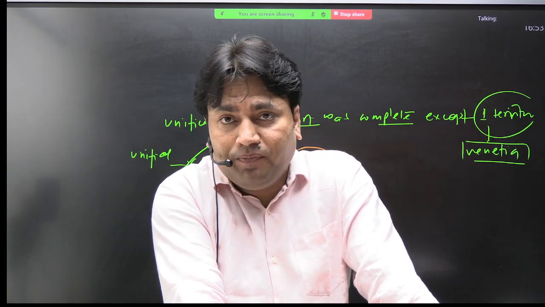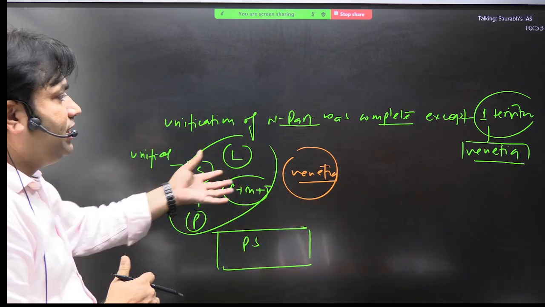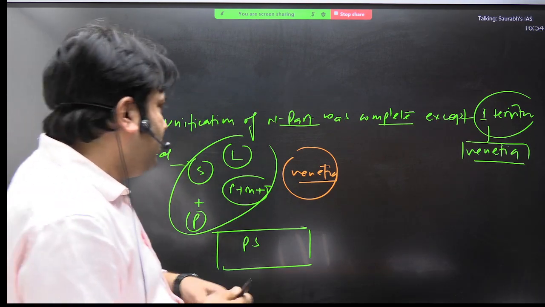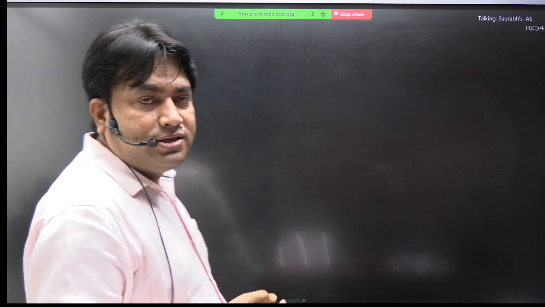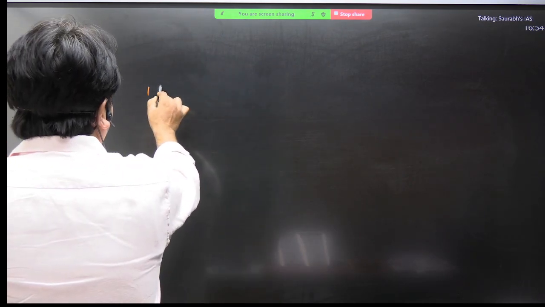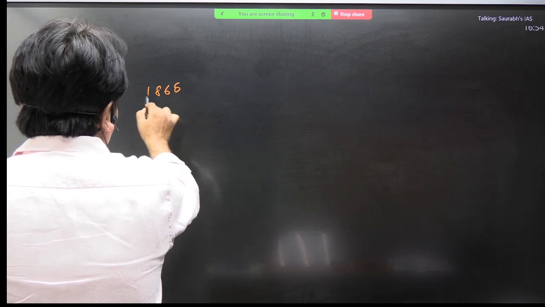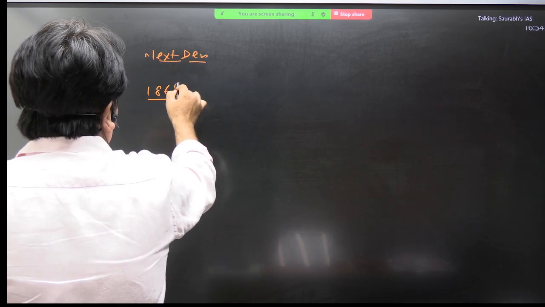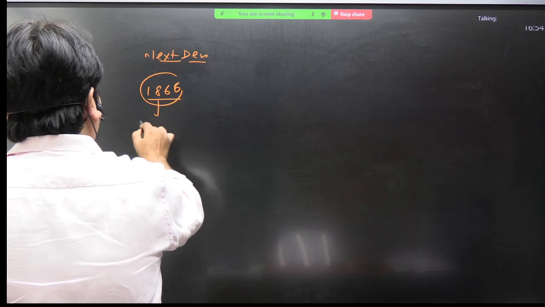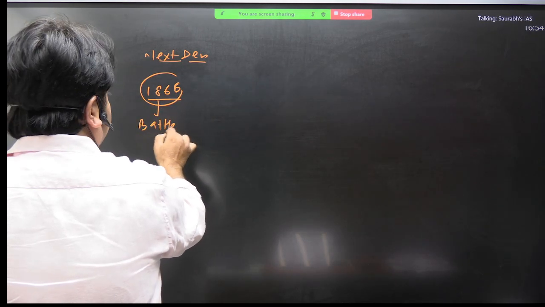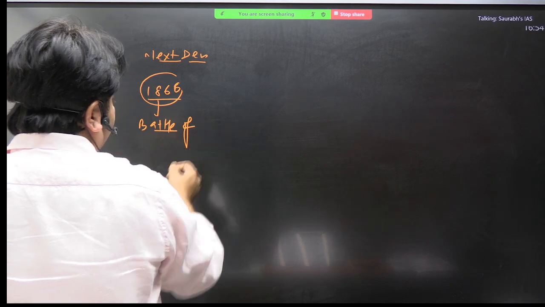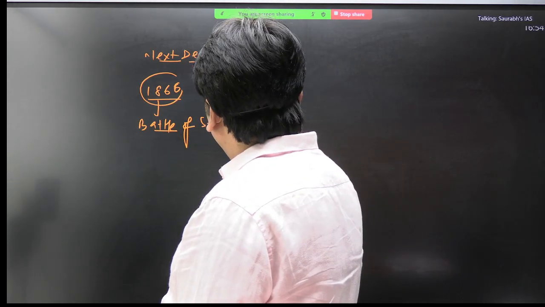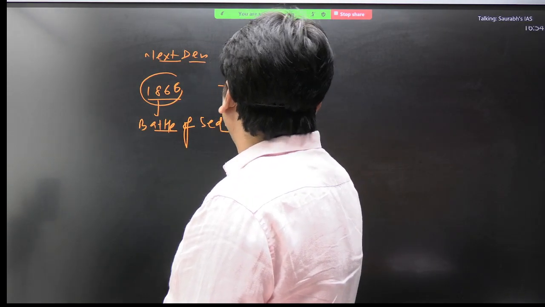Got it? Now the next effort. Now after this, Cavour died, but he laid the foundation. He had laid the foundation of the foreign policy. Now the next important event, write this, is in the year 1866. Right, 1866. That is the next development. And this battle in history is famous by the name of the Battle of Sadowa. In 1866 a battle took place, and this is the Battle of Sadowa.